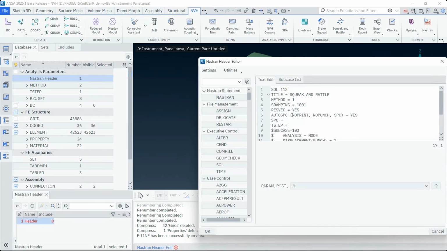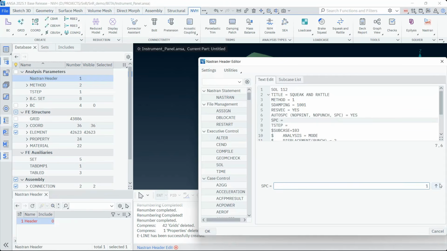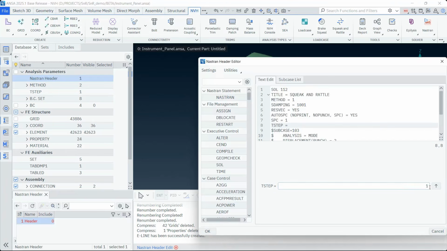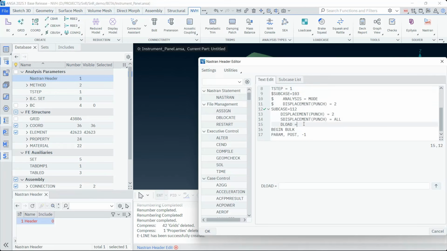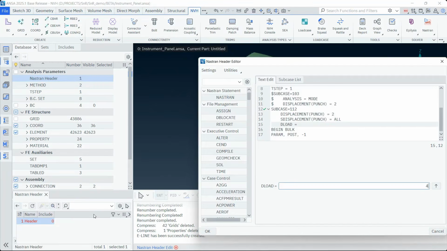Select the SPC set, the time step entity, and the deload BC set. Press OK to confirm and open again the tool.